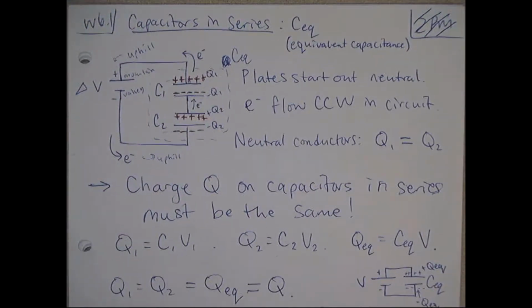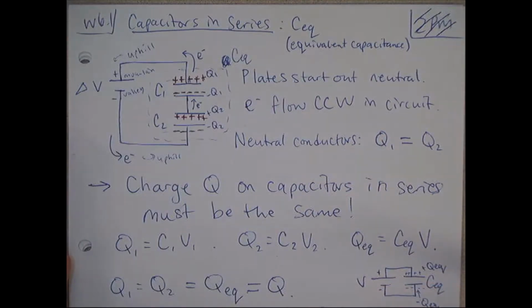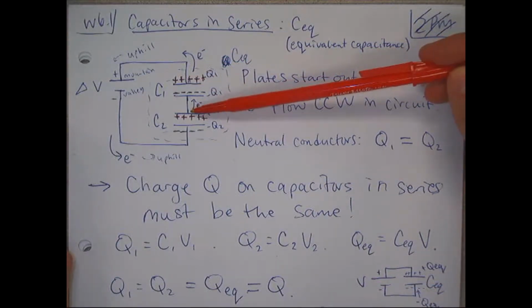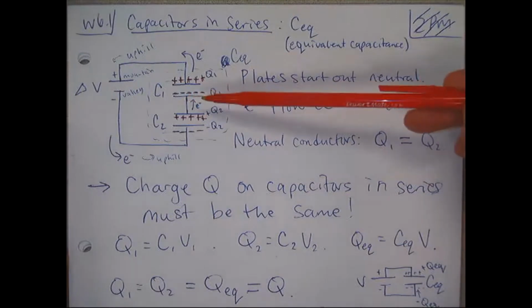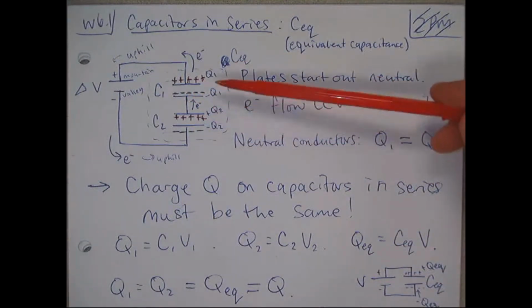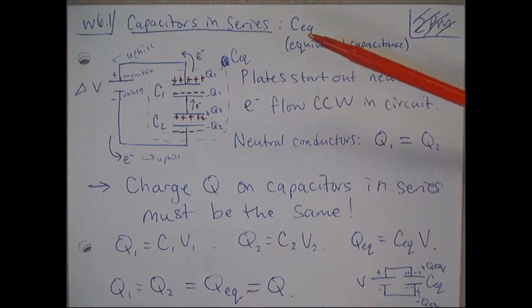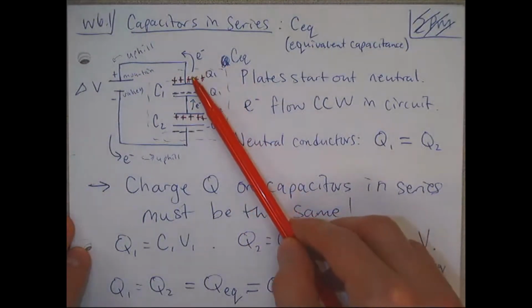In class, we define what being in parallel and being in series means. In series, the head or positive plate of one capacitor will be connected to the tail or negative plate of the next. And once again, I will just address the case with two capacitors, and then we'll generalize to any number later. So remember that these electrons want to